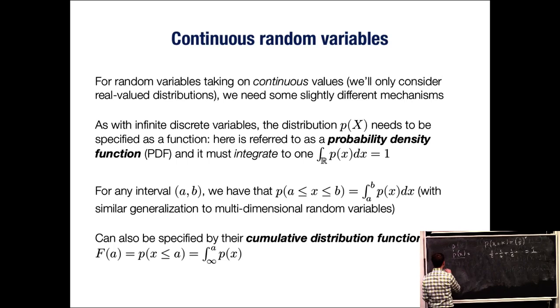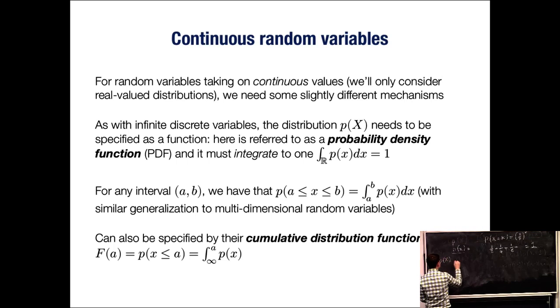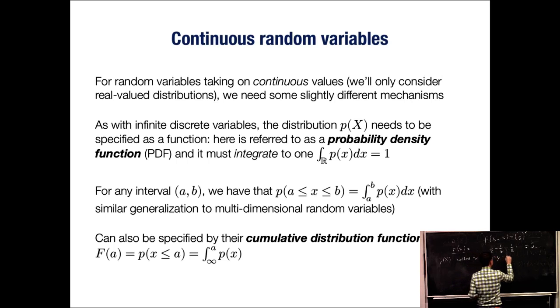The difference is that p of x is now called a probability density function, also called a PDF, instead of a probability function, because it isn't actually a probability anymore. There's obviously an infinite number of these, so you can't sum them all up and get 1. The analog, though, is that the integral over all x, integrating over the whole real line, of p of x